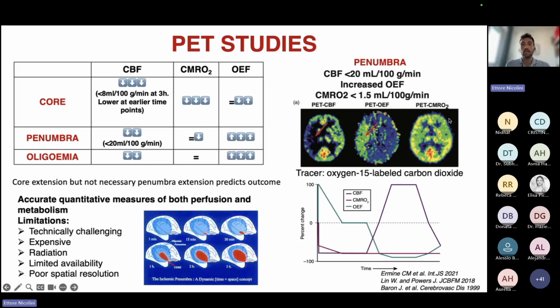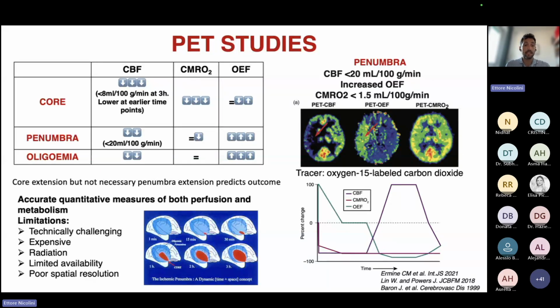Indeed, a cerebral blood flow reduced below 20 milliliter with reduced CMRO₂ but an increased OEF allows us to detect the penumbra in